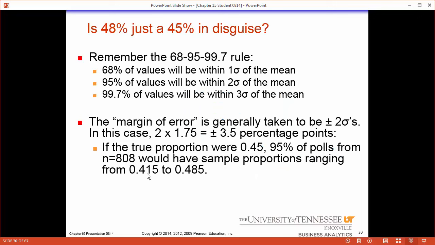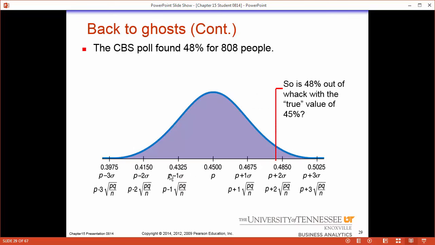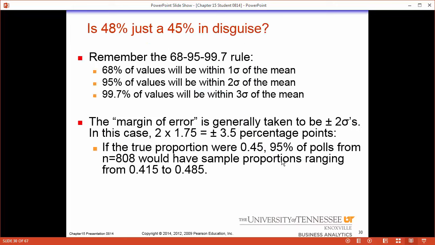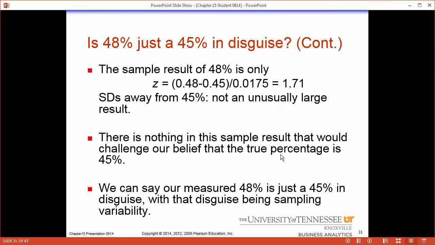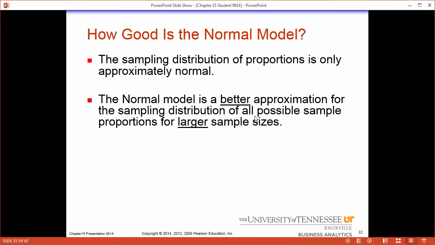And we can even find where 2 standard deviations would be. You can see it right here at the bottom. And you can also see it graphically right here at -2 and +2 standard deviations. There's the z-score calculation once again. I just wanted to make sure we had it, and we saw it. So these results are not that odd. The z-score is not large enough for us to say it's unusual. With this in mind right here, it's only approximately normal.